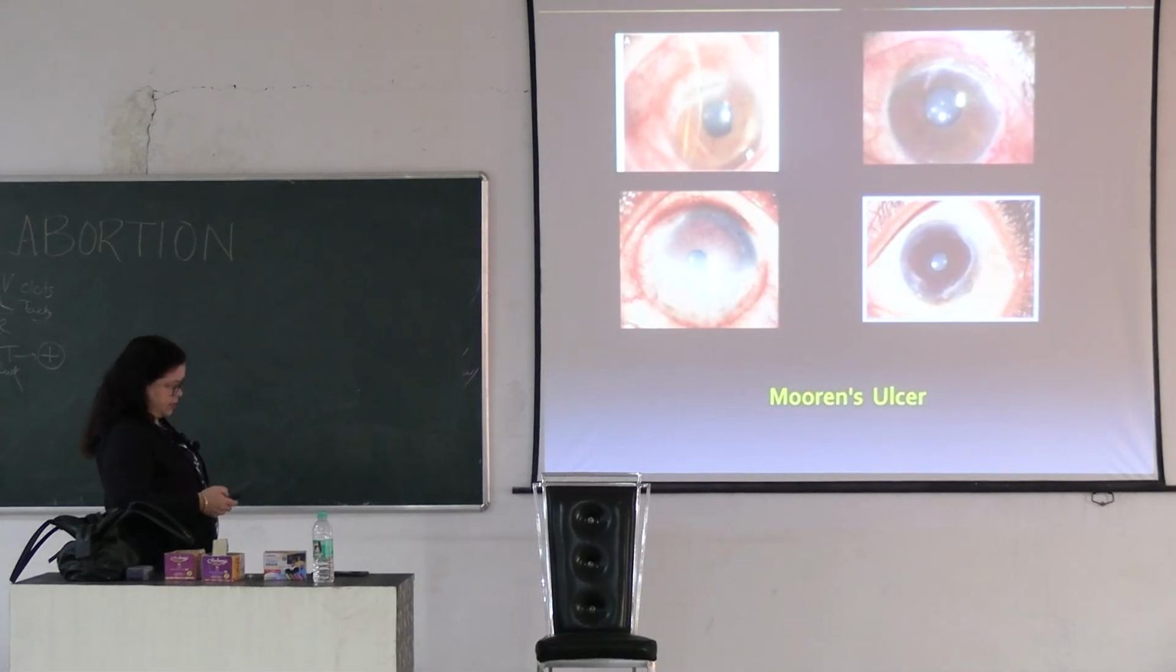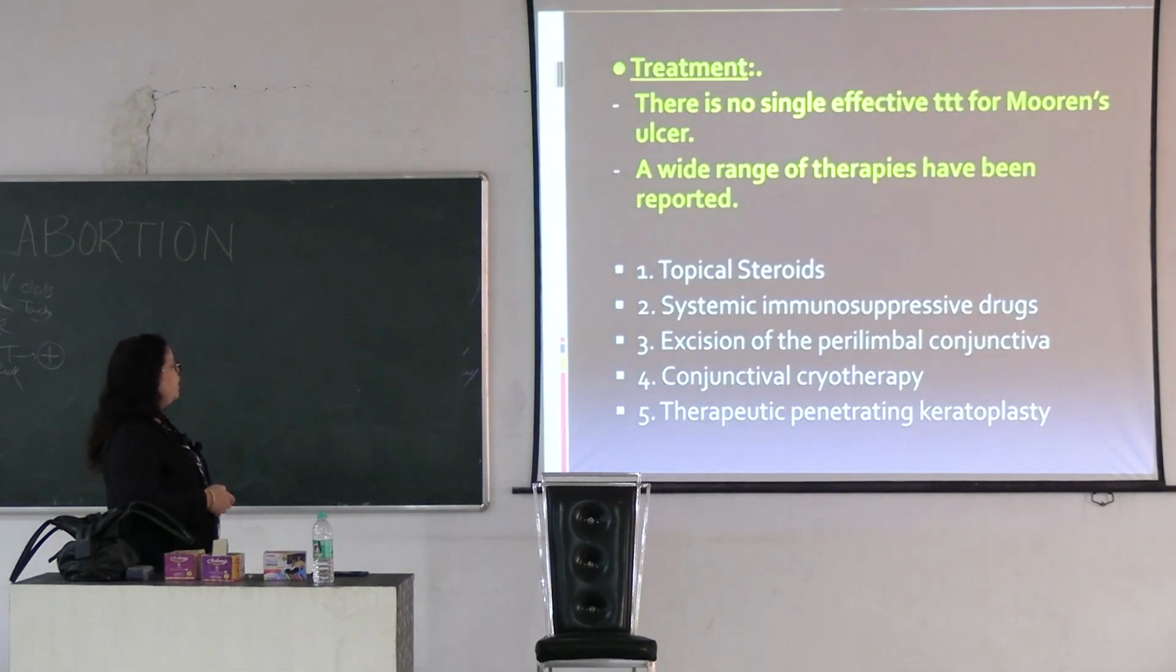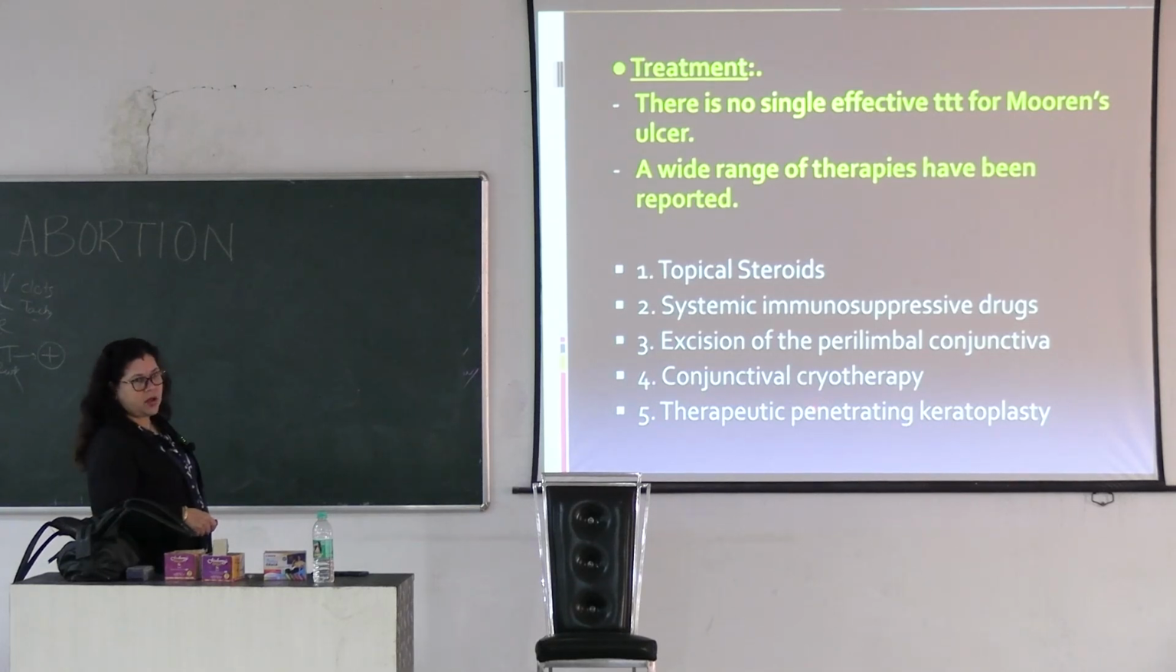This is Buran's ulcer. Treatment: there is no single drug of choice for this Buran's ulcer. So, we give topical steroids, systemic immunosuppressant drugs, then excision of the perilimbal conjunctiva. Perilimbal conjunctiva is excised and stem cells are implanted there, and conjunctival cryotherapy is also given in refractory cases, and